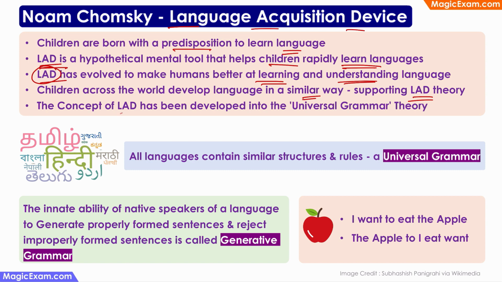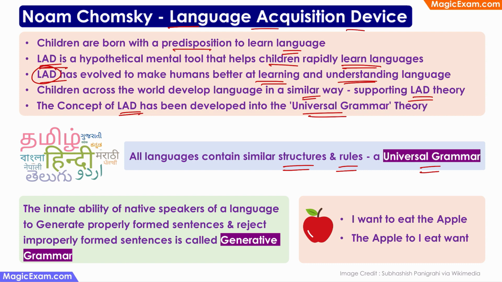And the concept of LAD has developed into the universal grammar theory. So what is this universal grammar theory? Well, again, there are so many different languages across the world. There are so many languages in India, in Europe, and across Asia. But all languages seem to have similar structures and rules. That is, they seem to have very similar grammar. They seem to have concepts of verb and adjective and noun. So how did this happen? This is probably because all humans have a LAD, that is the language acquisition device. And because all humans are developing languages through this language acquisition device, all languages have some sort of a universal